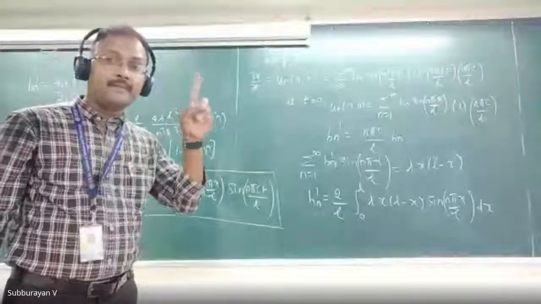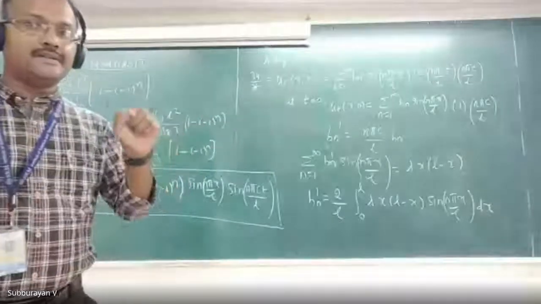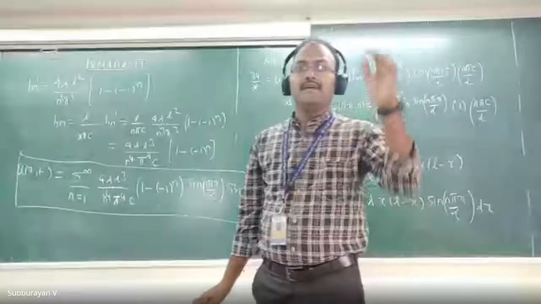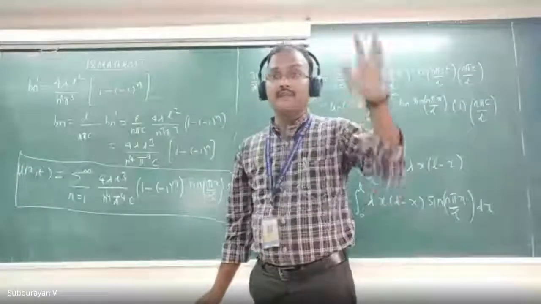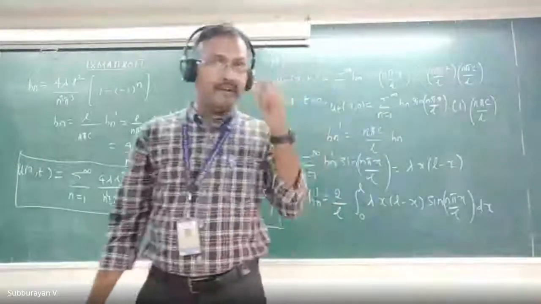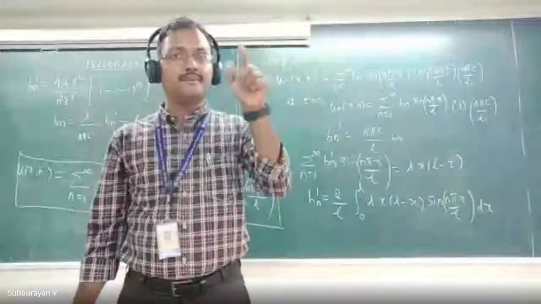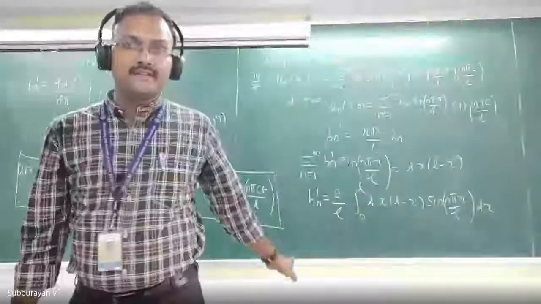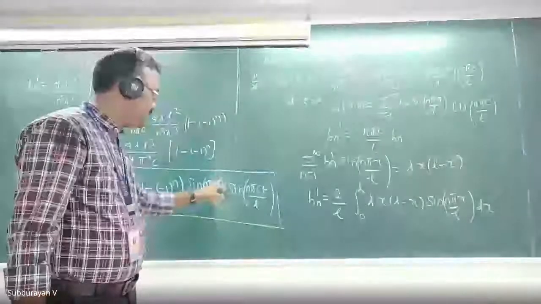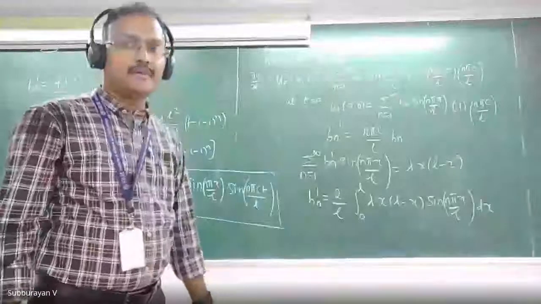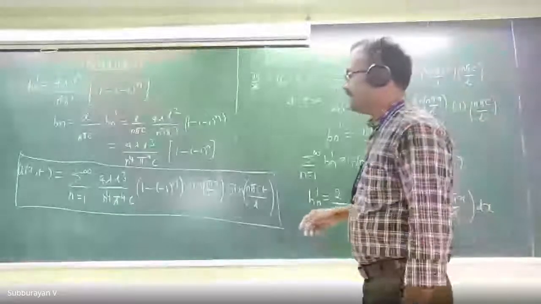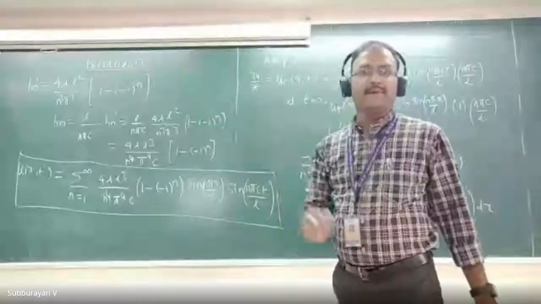Please remember, first of all, you should identify what is the problem, whether it is a zero velocity problem or non-zero velocity problem. If it is a zero velocity problem, then your final solution should be in the form of summation with a combination of sin(n pi x by L) into cos(n pi ct divided by L). If this is a non-zero velocity problem, then the final solution should be in sin(n pi x by L) into sin(n pi ct divided by L). See, this is some observation. This is a little lengthy problem.